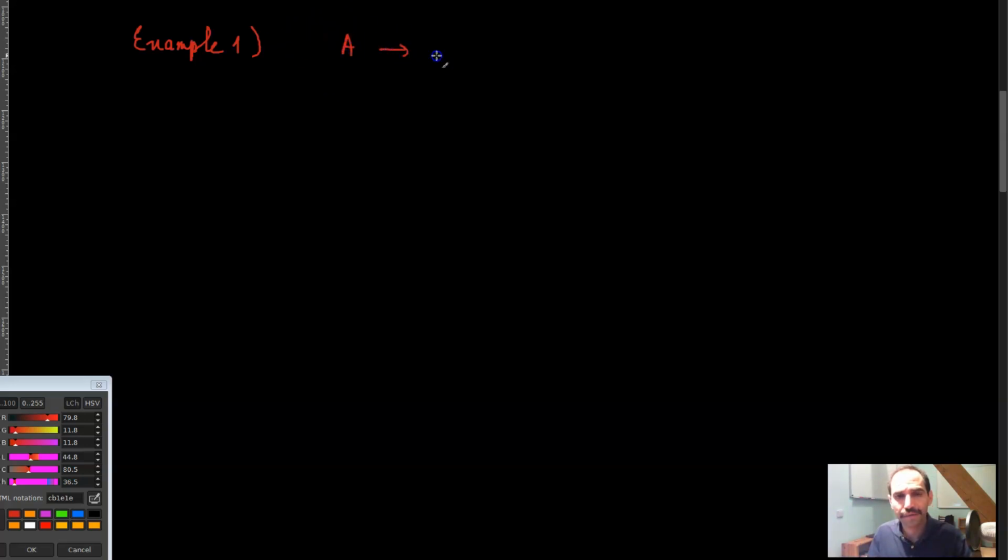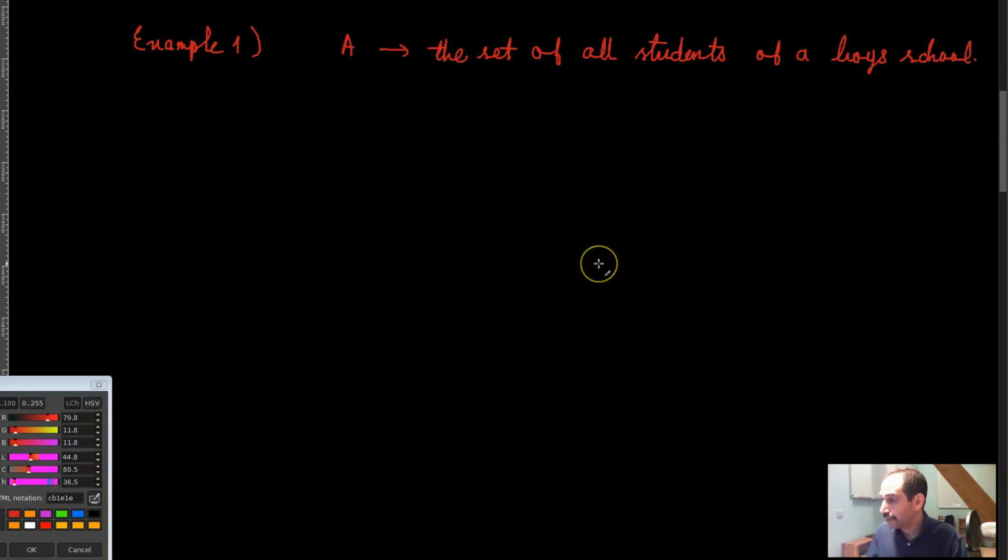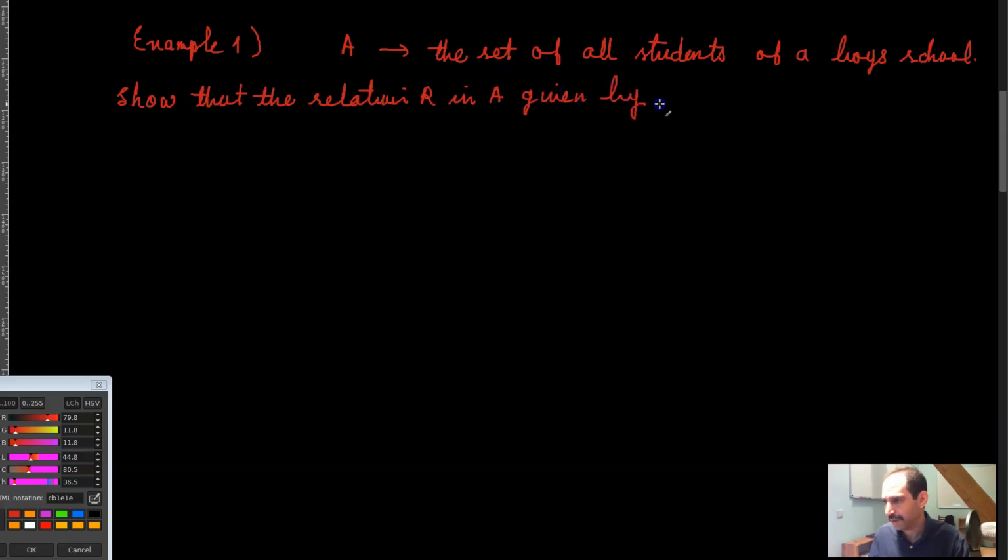Now you want to show that the relation R in A, given by R equal to the ordered pairs (A, B) such that A is sister of B, is the empty relation,